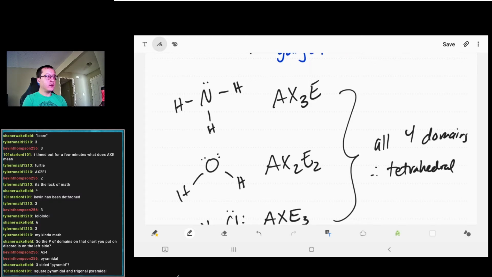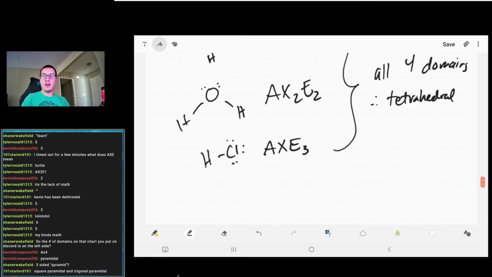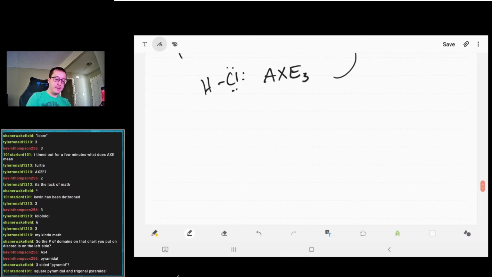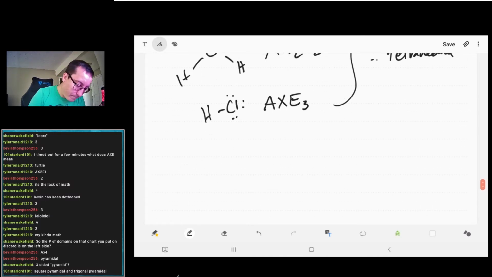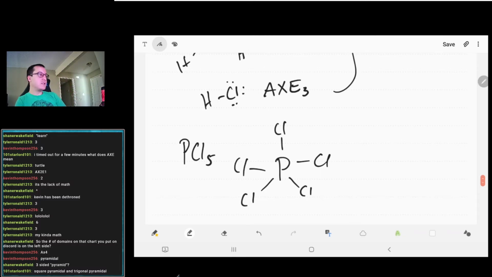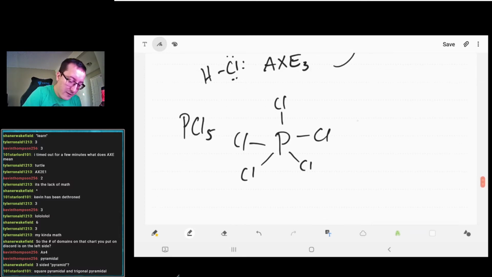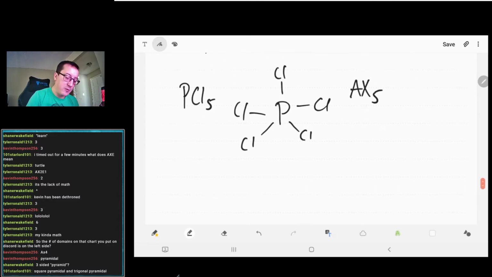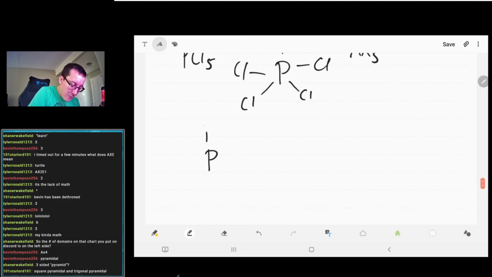Alrighty. What if we had 5 things? Turns out the best way to arrange 5 things, this would be AX5, by the way. 5 domains, the best way is actually